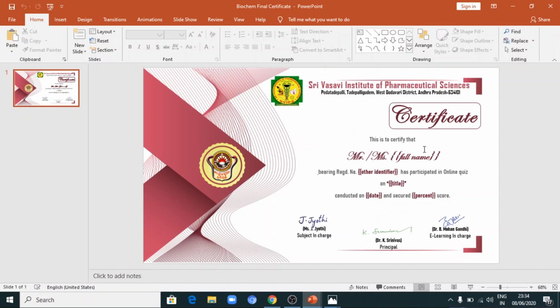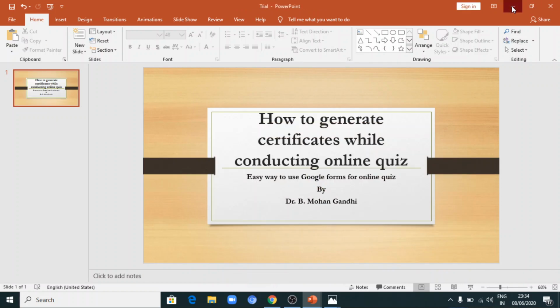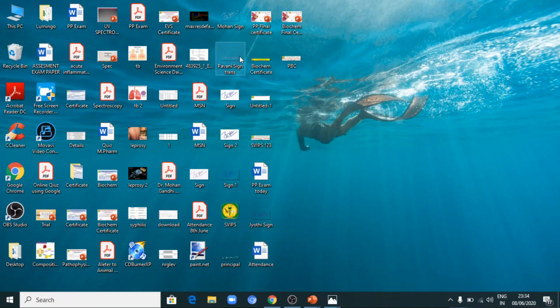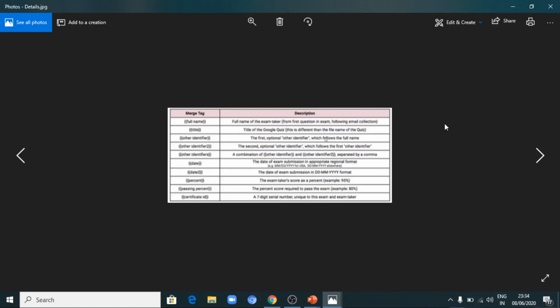Now, what is the meaning of all these things? Why do we need to keep them in flower brackets? What is the meaning of other identifier? What is the meaning of title? By default, the application has given certain guidelines which make you follow them.